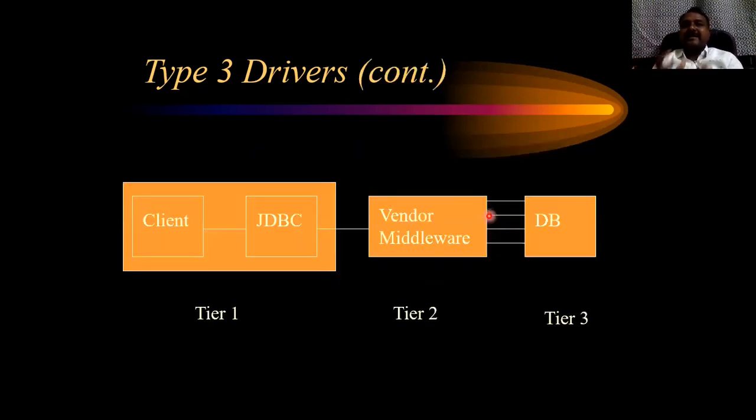And if you understand the architecture here, I have the client, which we are going to call my Java application, which is using your JDBC, and we call it my tier 1. This application now is going to interact with your vendor middleware. As I said earlier, we are going to have some middlewares, so your Java application is going to interact with middlewares like Jacquard. And with the help of this middleware, we are going to interact with your databases. Now we call these databases your tier 3 application. It is about your type 3 driver.